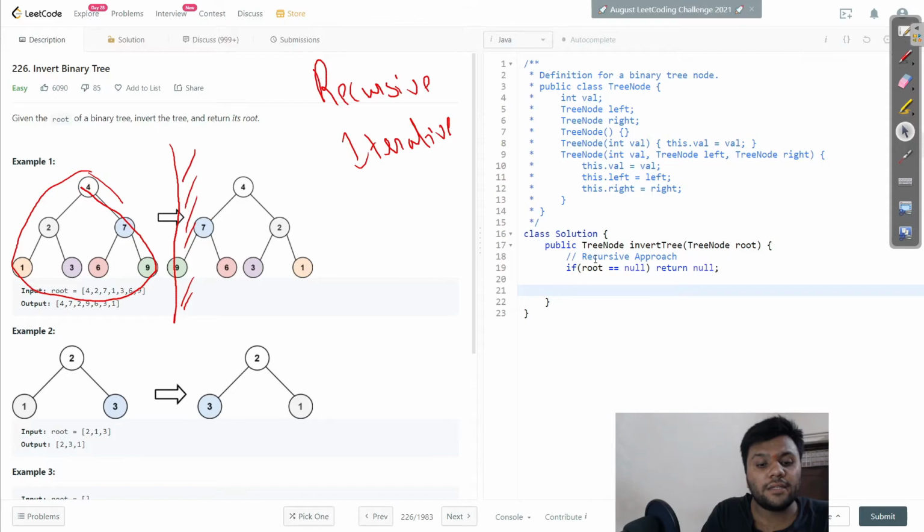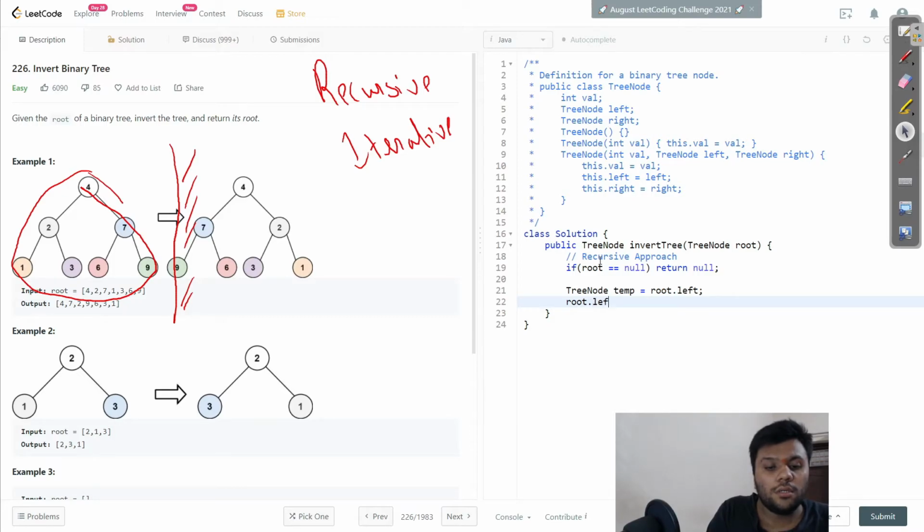Now I will create my TreeNode temp. I will get my temp value, and I will say it is my root dot left. Now I will point my root dot left to invert tree. So we will use the above function, invertTree root dot right.